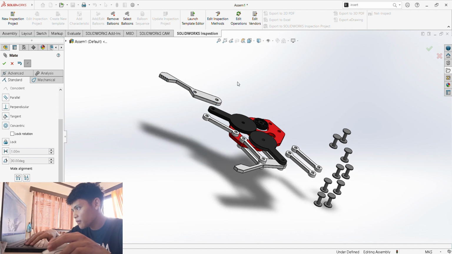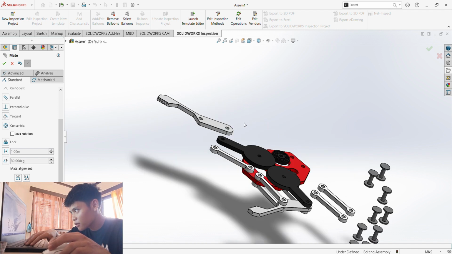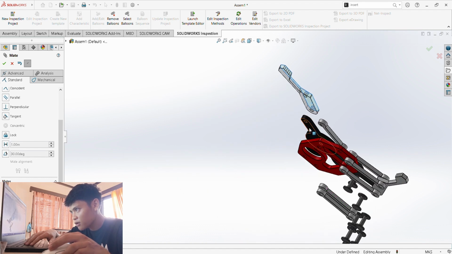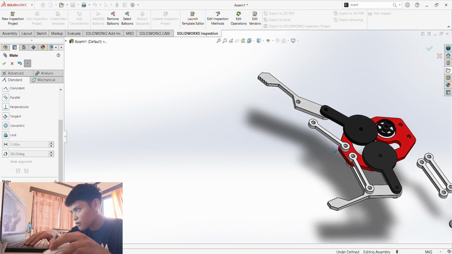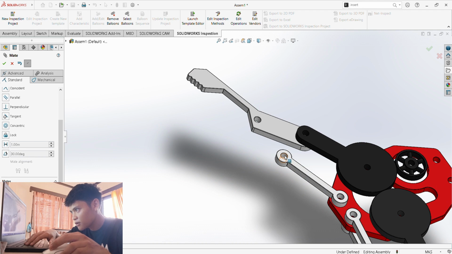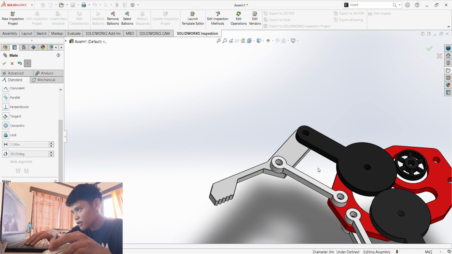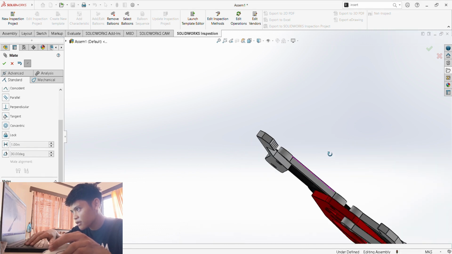Now we could mate them again with one another. So the surface of this one should go with the surface of this one. And check. And this one. And this one. There you go. Check. As you can see, they are already coincident with each surface.